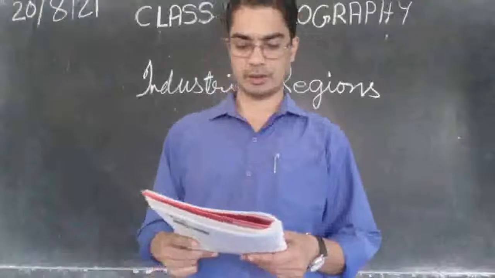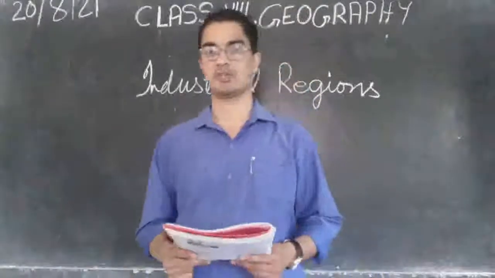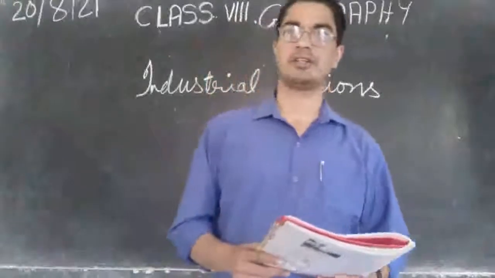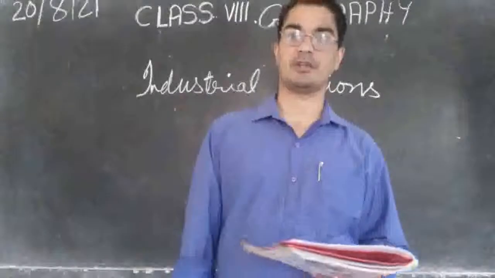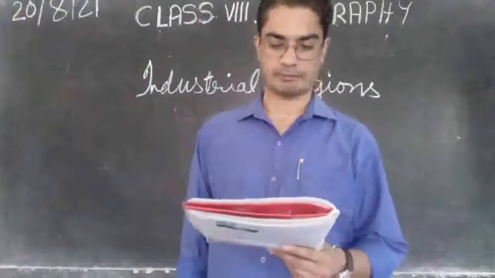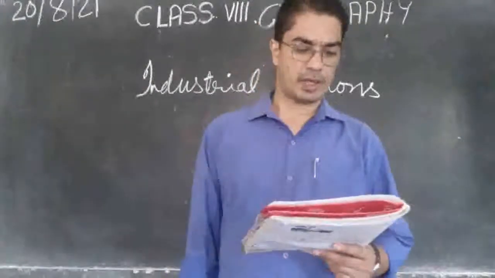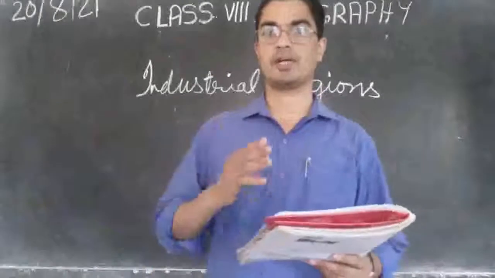Then also in the Hooghly region. Hooghly is where? In West Bengal, Calcutta. That region has a seaport, therefore that area also has become an industrial place. Then between Ahmedabad and Baroda